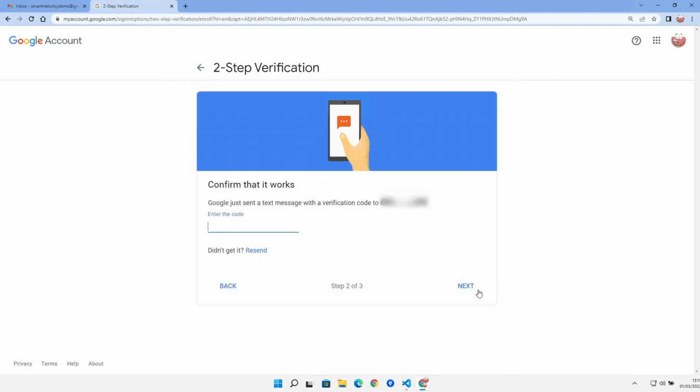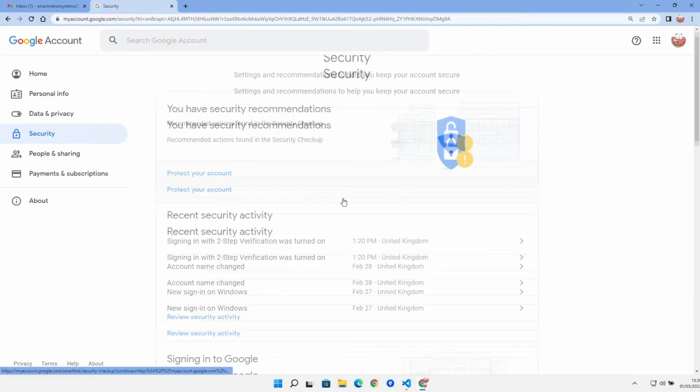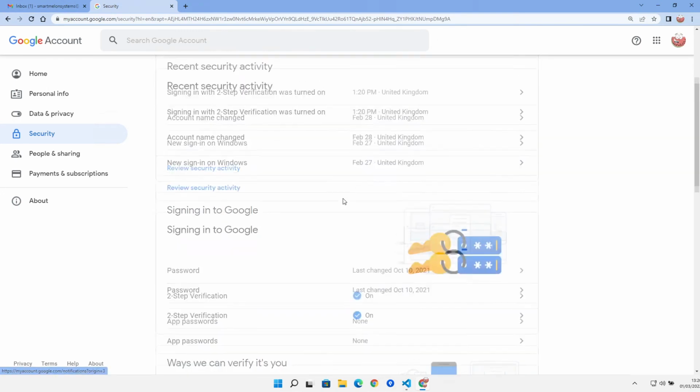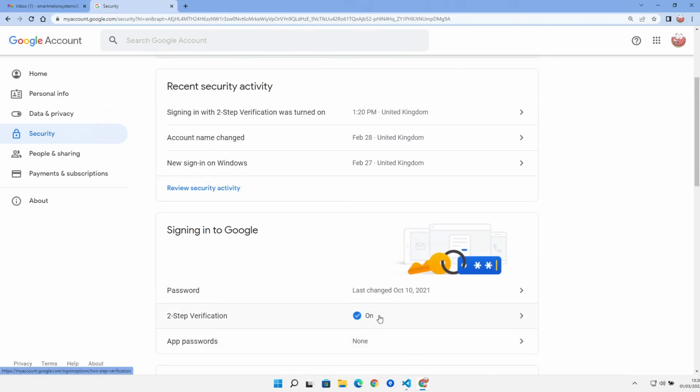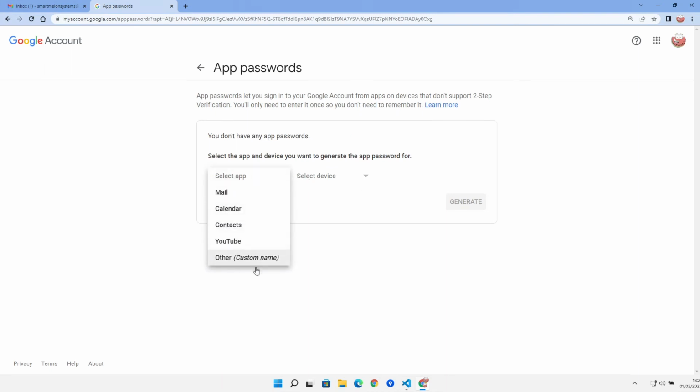I've just had that text message, so let's go and enter that. Okay, and then we get to here. So yes, we can turn on two-step verification. We should now find that we've got two-step verification turned on, and we've got this app passwords option that's popped up. So let's go and create an app password, and we can just do custom, and we can do